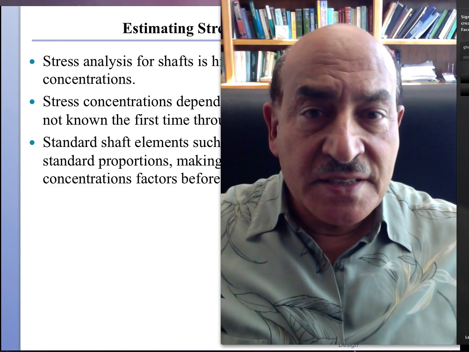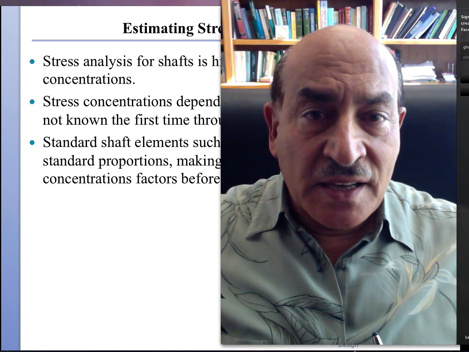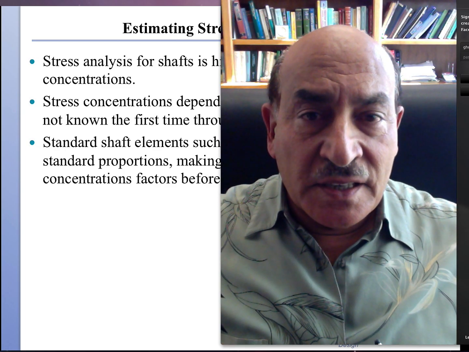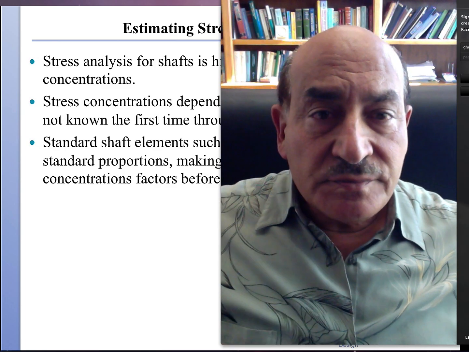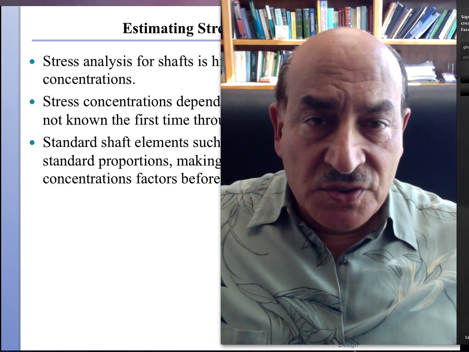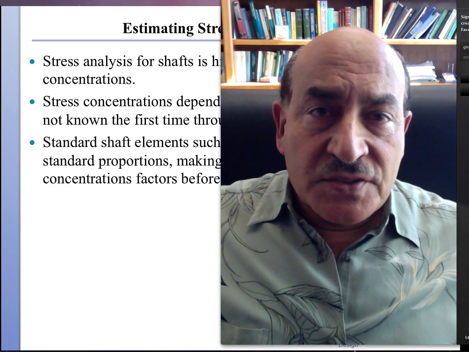So it will have many segments in which we're going to analyze the design for a counter shaft in a gear reducer system. As you will see, some of the critical issues will relate to the presence of stress